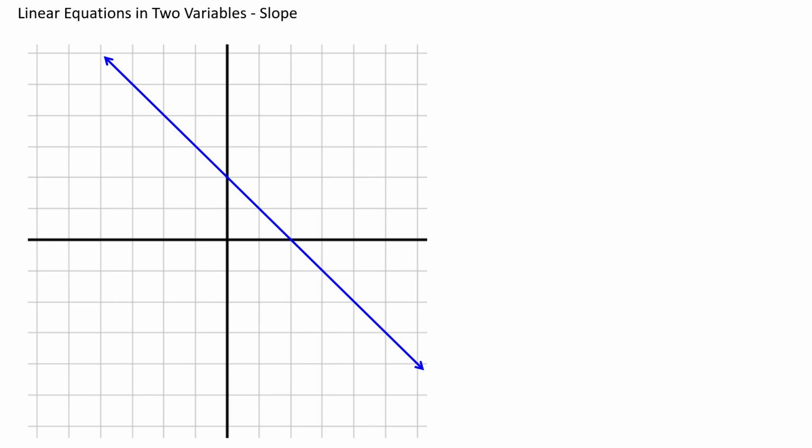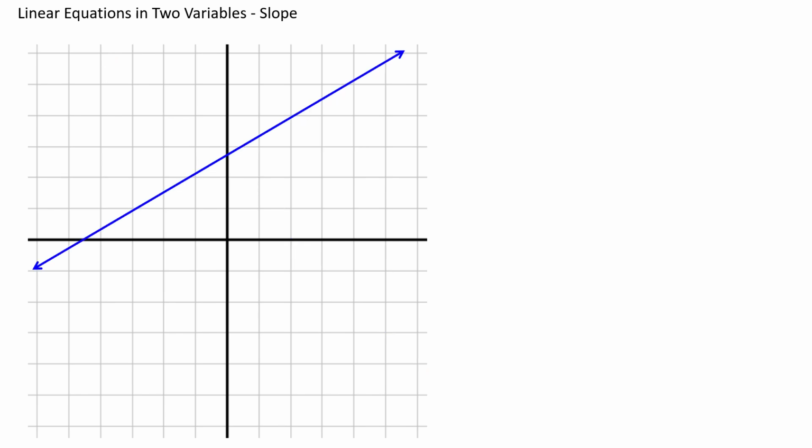Here's another line. Notice that it's going downhill from left to right. It's going to have a negative slope. Turns out this line has a slope of -1. Why? Pick any point on the line, go over 1 and down 1, and you're back on that line. Here's another line. Notice it's going uphill from left to right, so it'll have a positive slope. The slope is 3/5. Why? Pick any point on the line, go over one space and up 3/5 of a space, and you're back on